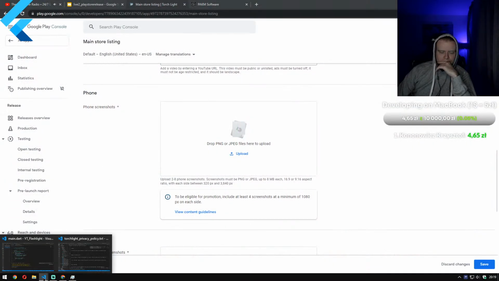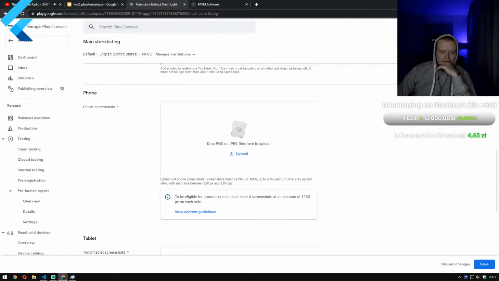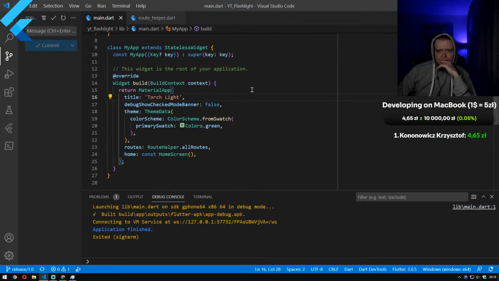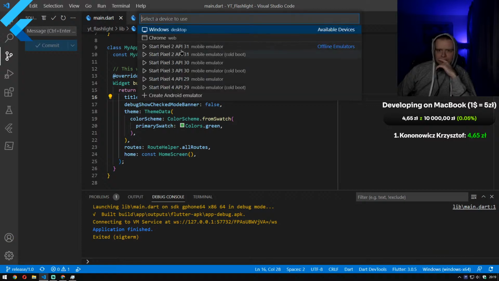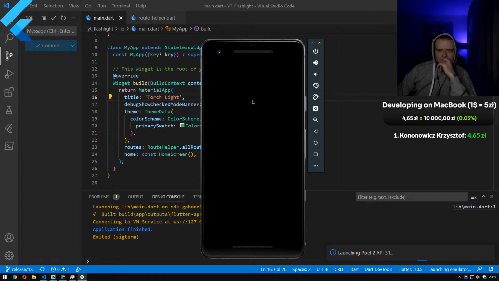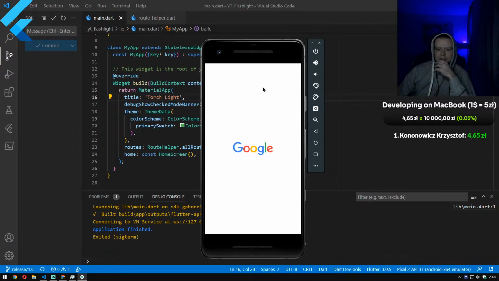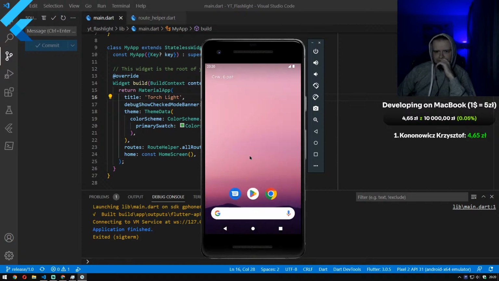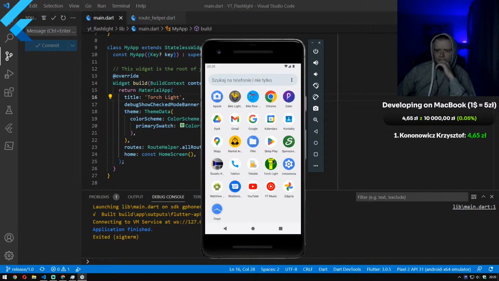But what we need to do, we need to run our application. So to do that, maybe I shouldn't have closed the emulator. Of course, the application is already installed on our emulator, so we don't need to run it from Visual Studio Code and wait extra time. We can just wait until the emulator is up and running, and we can just open the app that is already installed there. We don't need to run it here. So now what we need to do, we need to just run the torchlight,